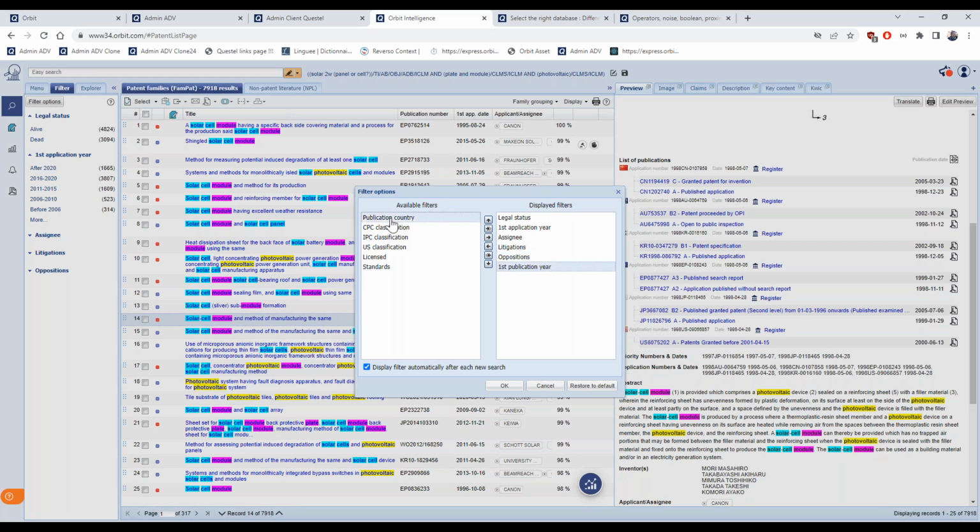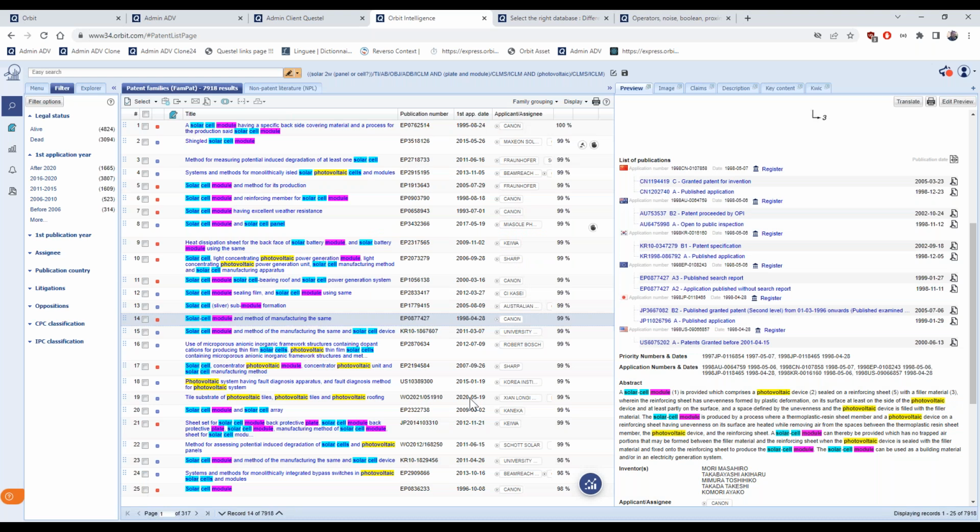And maybe I would add publication country, first publication year, and class information. Again, by dragging and dropping with the mouse, I can decide where to display. And now I have the new filters added as I wanted.